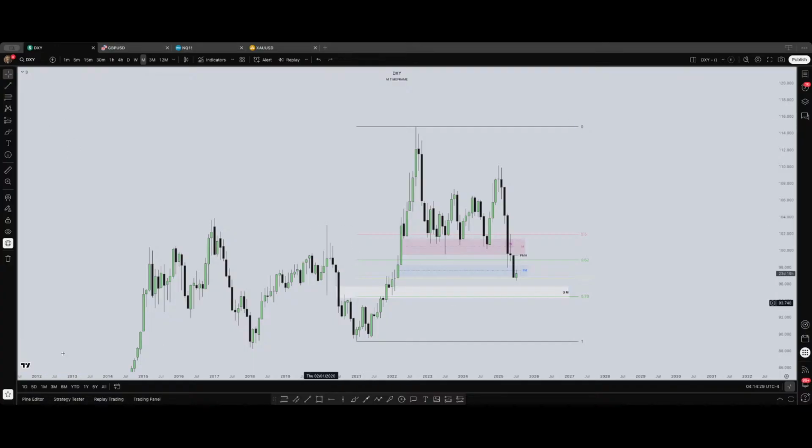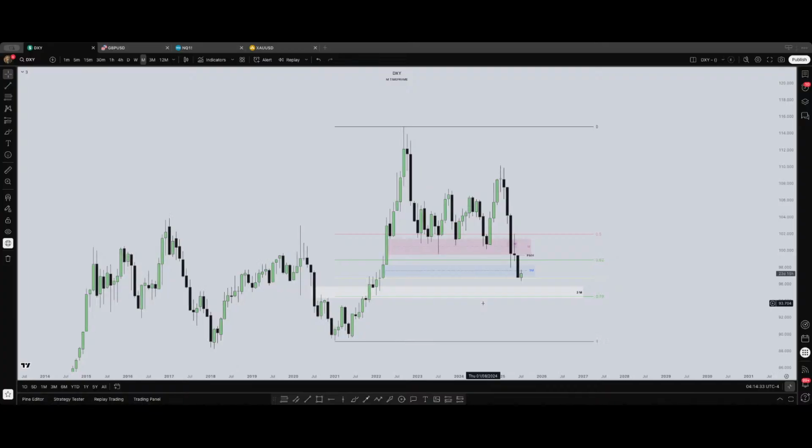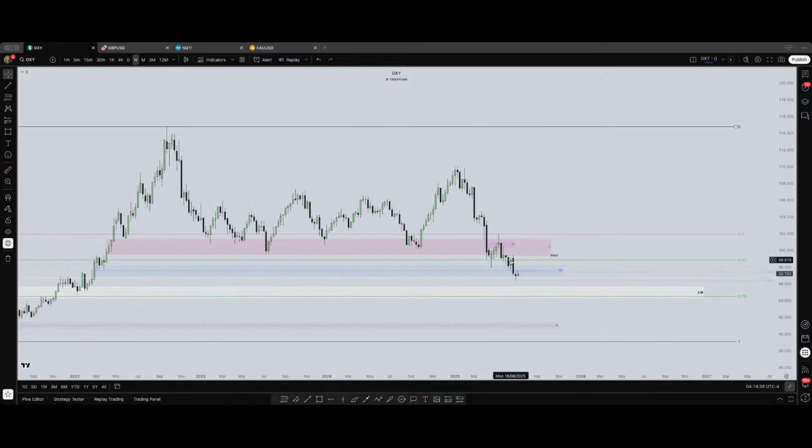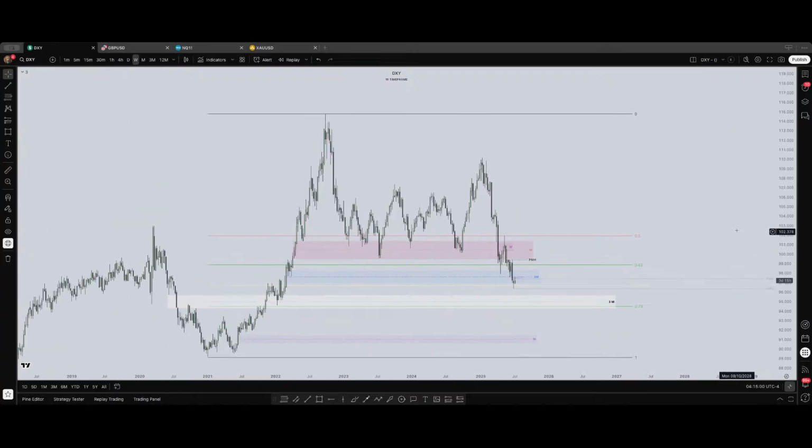Okay, so yeah, any questions? Remember, you can just let me know. So we're looking here. Let's go weekly. So far we don't have inefficiencies like fair value gaps here. All this is rebalanced. I don't see any inefficiency. We have one small one here. I'm talking about monthly, but that's too far from now.